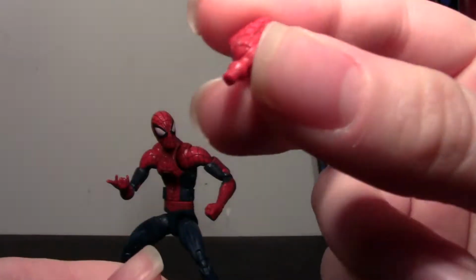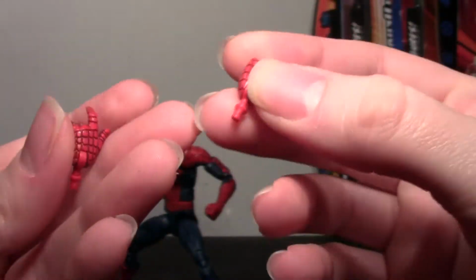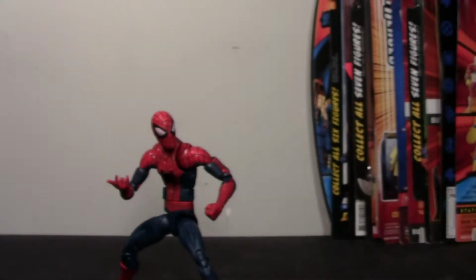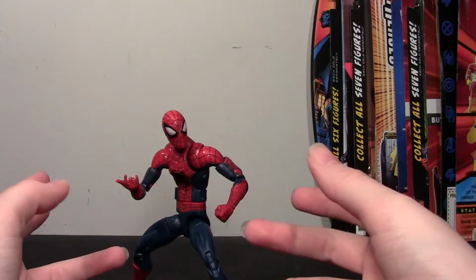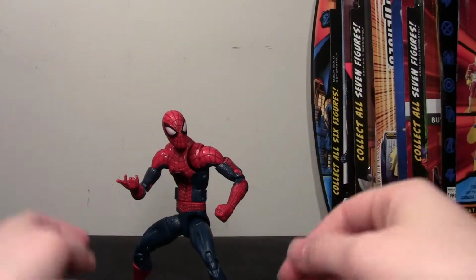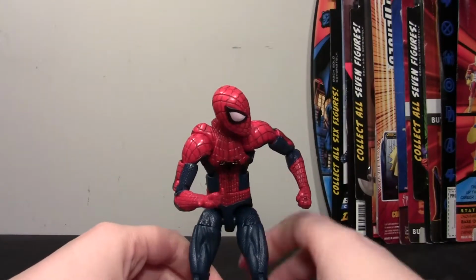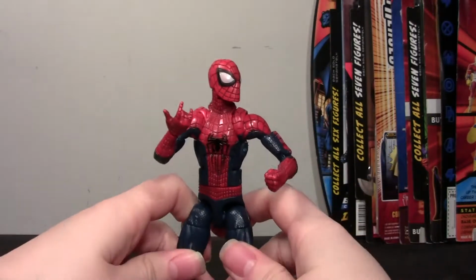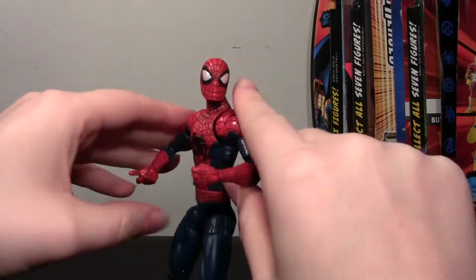So they obviously have hinges in them, and obviously they swivel because they peg in and out, so that's pretty cool. All the webbing is sculpted on this guy. All the blue parts have a texture to them. It's all new sculpt. Really, really awesome figure in general. I'm just really happy to have this, and it's funny because I'm not big on movie figures, but at the same time,